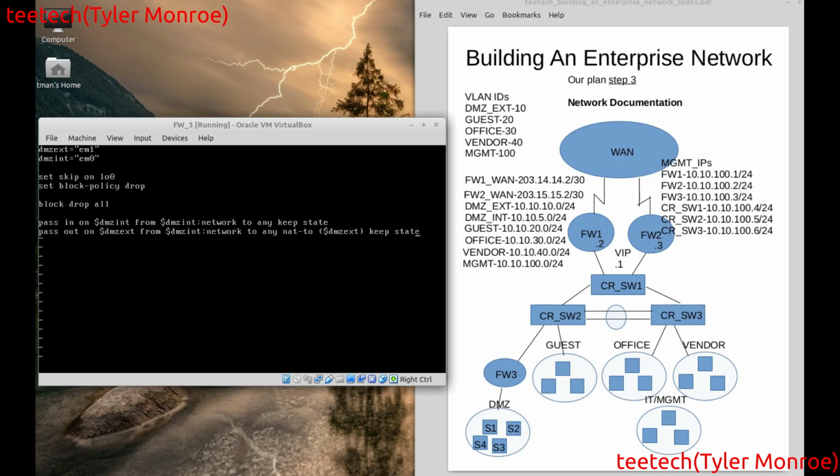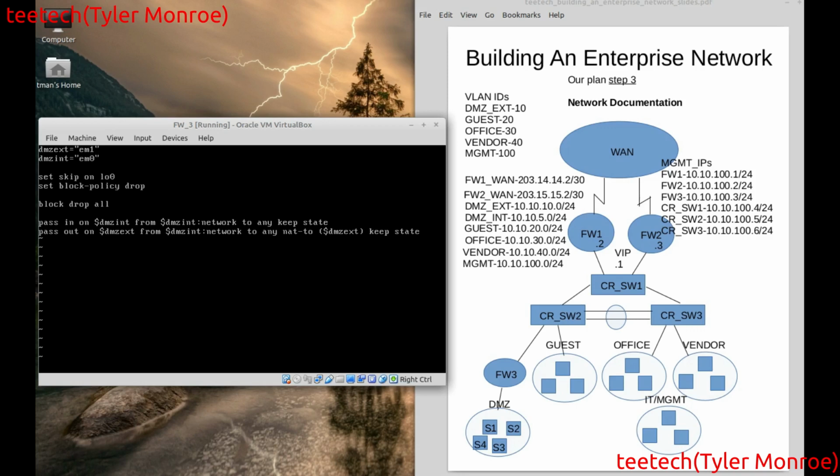But with using the NAT, we're actually taking the internal network and changing the source. So when it goes to firewalls 1 and 2, it's coming from their same connected network. So they know how to route a packet back to that network because they have a connected route for it. But anyway,